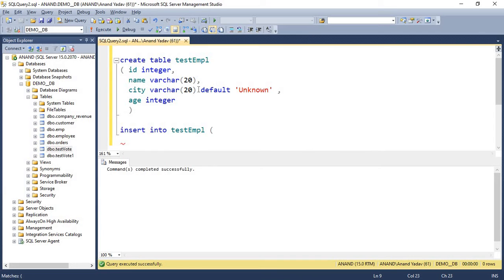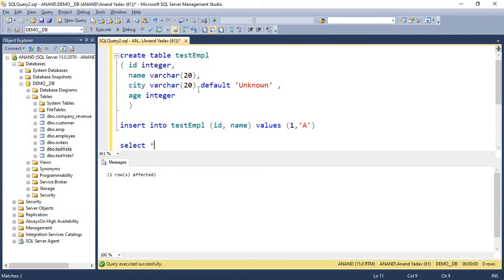Now when we add an entry for table test employee, the end user has just provided entries for these two attributes. Suppose ID is 1 and his name. So let's see the output in the table.